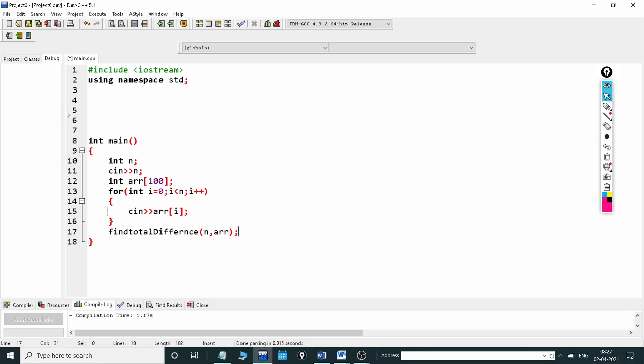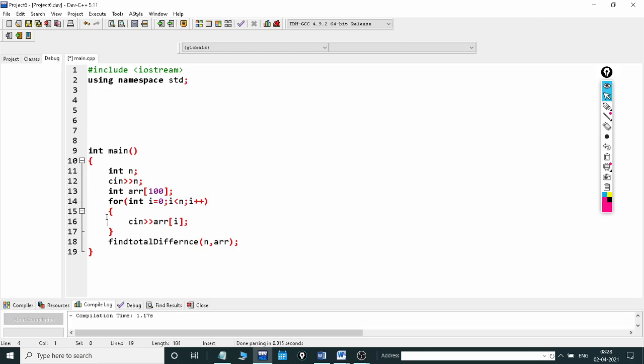And we need to implement that function, which will calculate the total difference between the array elements. That function returns an integer type: find total difference, with n, and then this one is the array, right? We should put it like that.